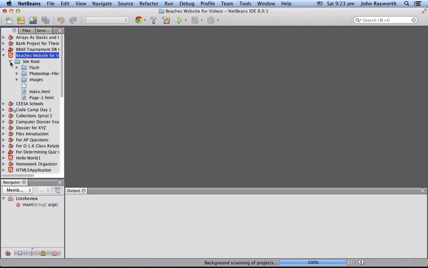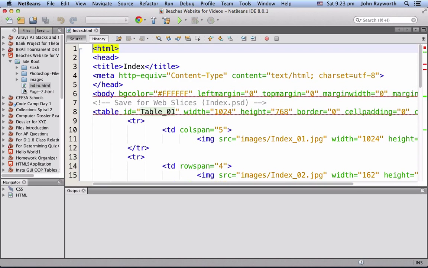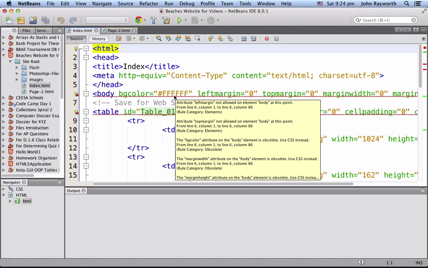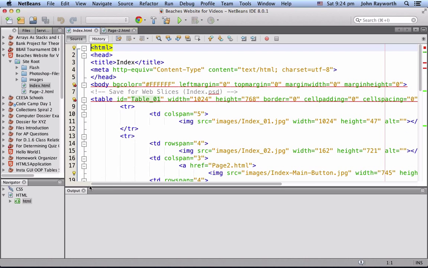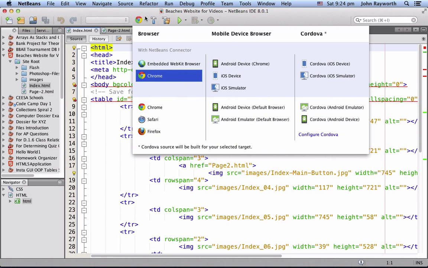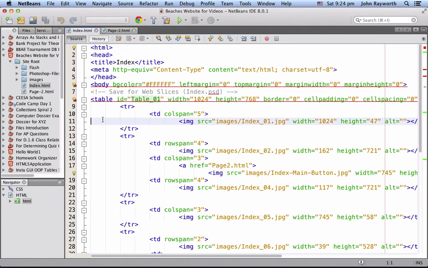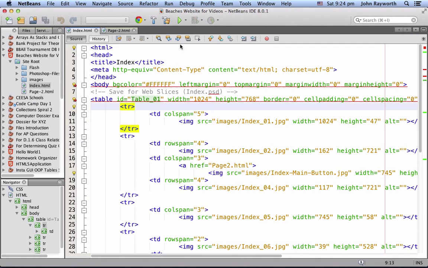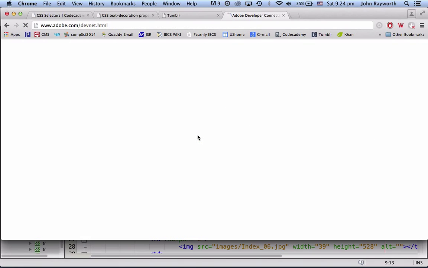So there it is. I'll open up my root site, and I've got my two main files, which is what we'll work with in this video. And we'll look at the index, and we don't need the output, and see if Chrome works. If it doesn't, you've got other browsers you can use. And I always do find that it works best to control click and go run file rather than pressing the green play button up there. So I'm playing it,